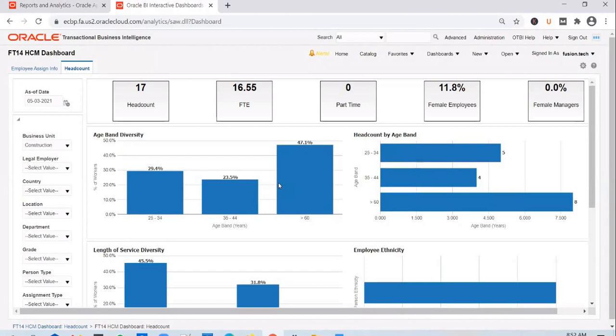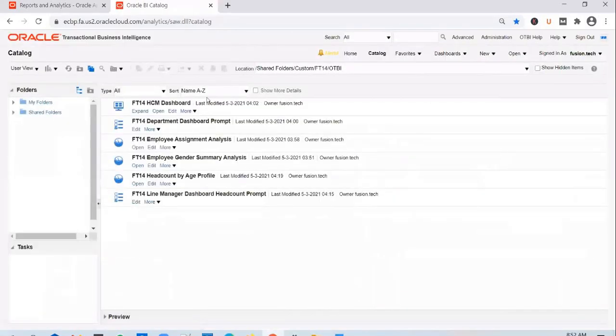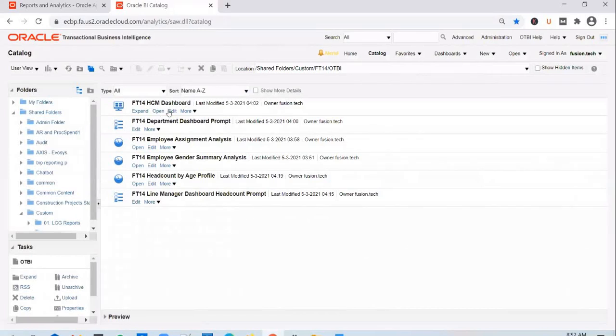Prasad, what are these styles on the top? Headcount, FTE. This is again another report. If you want to see different possible ways of creating OTBI summary dashboards, that's a good way to start.